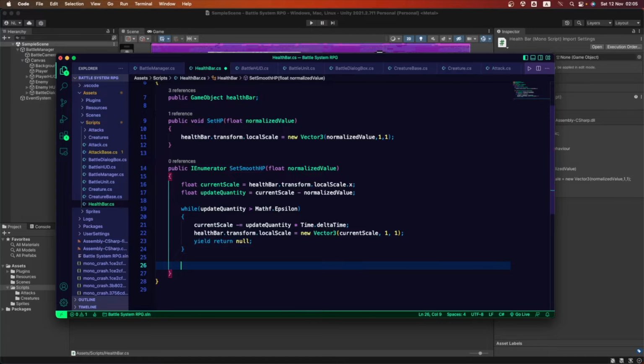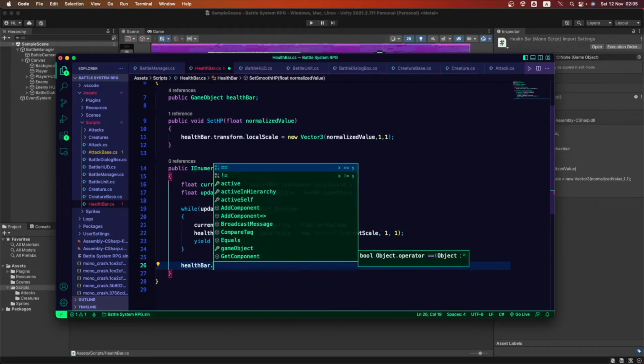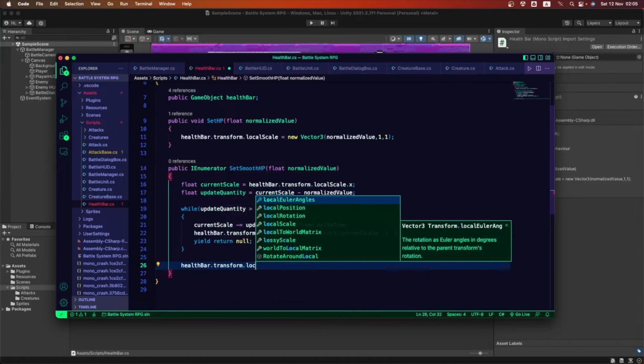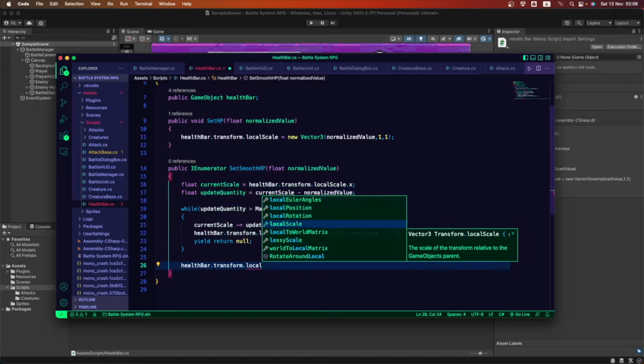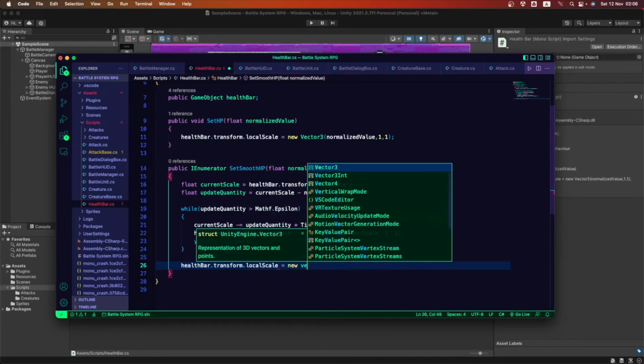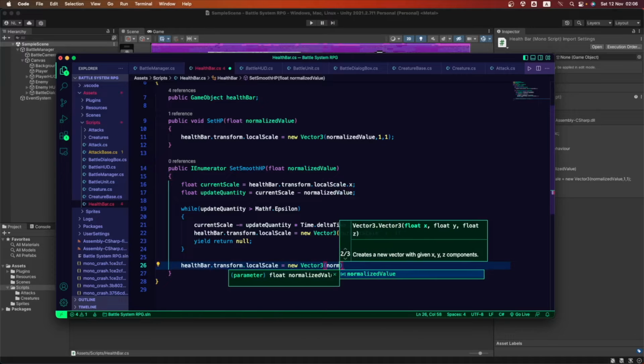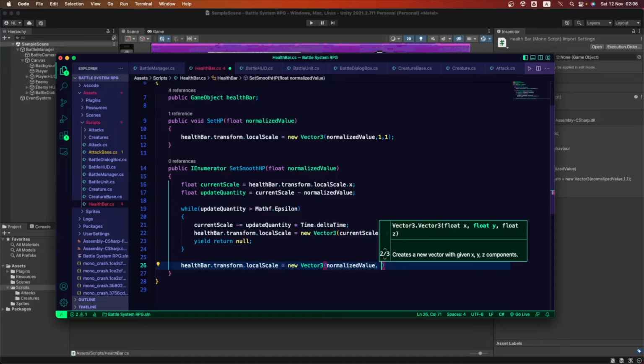Just after that, we're gonna be setting the healthBar.transform.localScale again, and this is gonna be a new Vector3, and let's open up parentheses to set it up, and this is gonna be all the same thing.